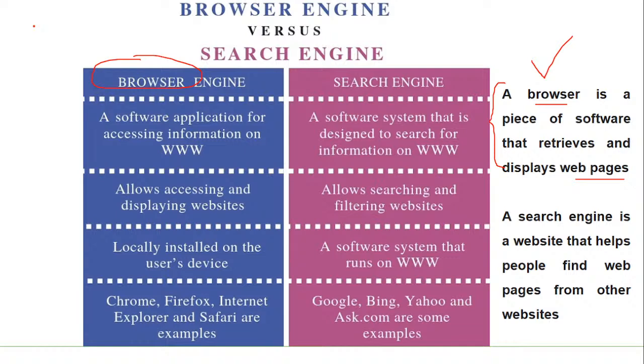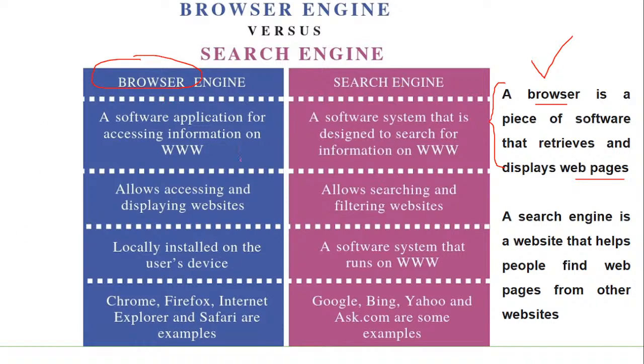So if you type the same on the search engine, Google will give you all the links with respect to the trains which are available, with the timings, with everything, with the help of your keywords which you have typed in your search engine. Now, when I am talking about browsers, they will help you get the websites which give a detailed presentation. The search engine's work is only to search the maximum amount of information, and displaying the web pages will be done by the browser.